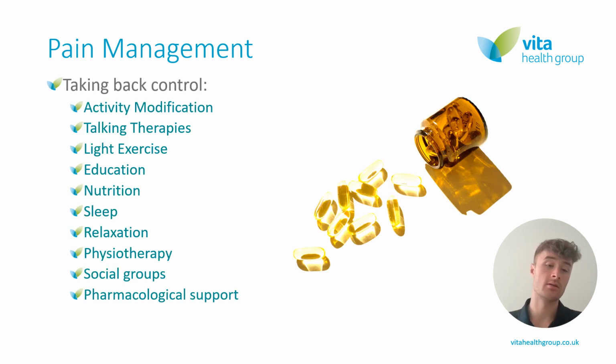And then this one here, so this is obviously a really important slide. How do we manage your pain? Okay, so we're going to go through each of these steps, and you'll probably notice that some of these will link in with each other towards the end as well. So if we look at activity modification, what does that mean? In the acute phases of your injury, or of your OA even, we might want to reduce your activity level. Okay, this is because we also want to let your symptoms reduce a little bit before we start to increase. Okay, and that's really important, that bit there. So we want to reduce to increase, not reduce and then just level it out there. We want to reduce, take a step back, to take 2 steps forward.